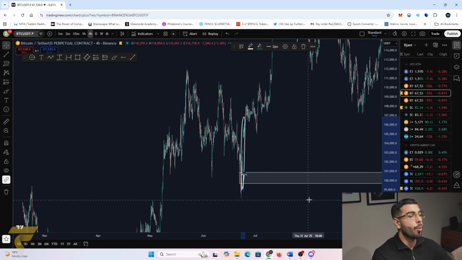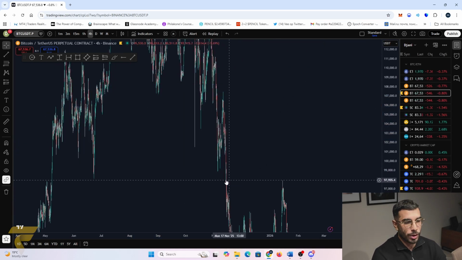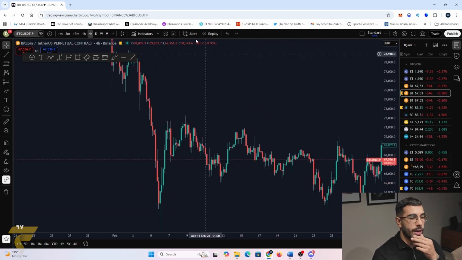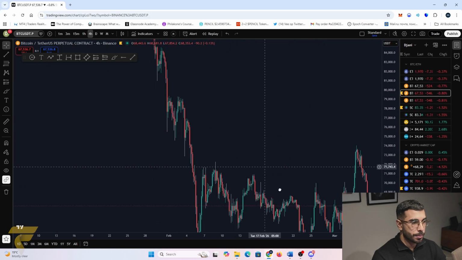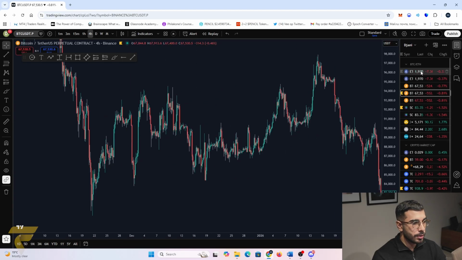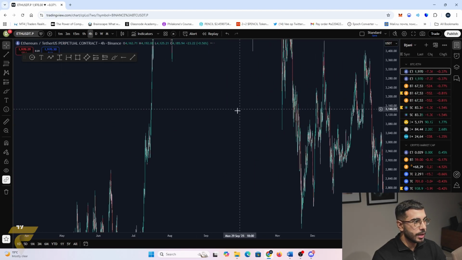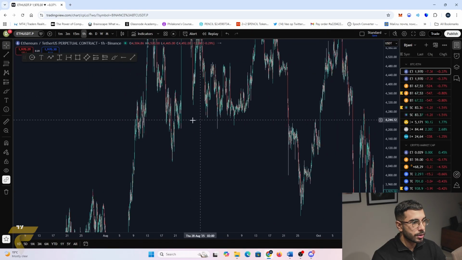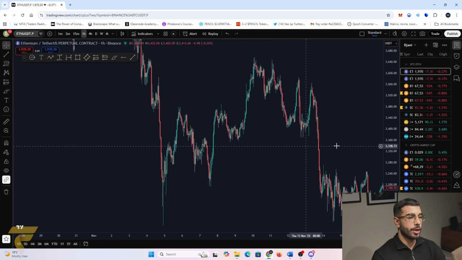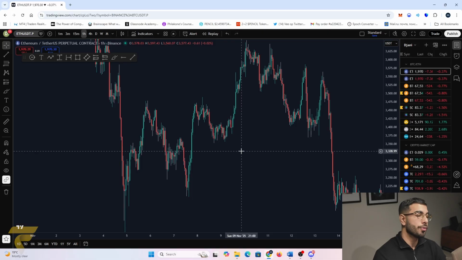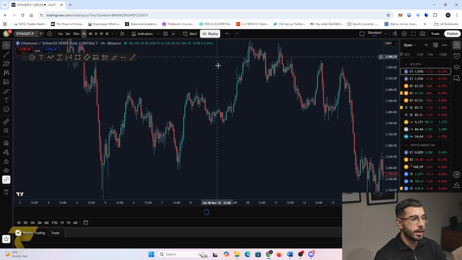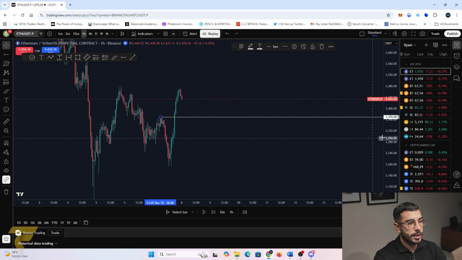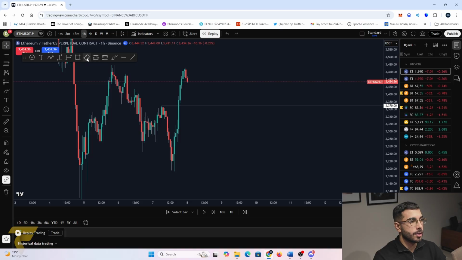Okay, so this is just one of many examples that I will provide, or one of the few examples that I will provide. But when it comes to a confirmation setup, let me have a look. Maybe we can go to ETH. Let's go to the 1 hour. So there we go. Okay, this is actually a very beautiful example as well. So this particular level is what we consider to be a move to the low. Okay, again, why is this considered to be a move to the low?